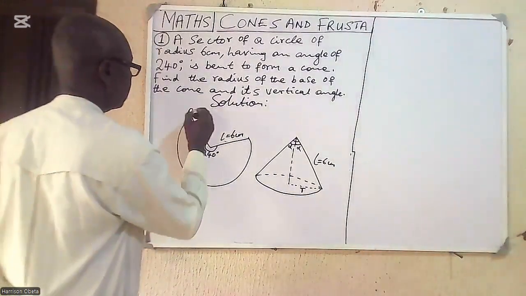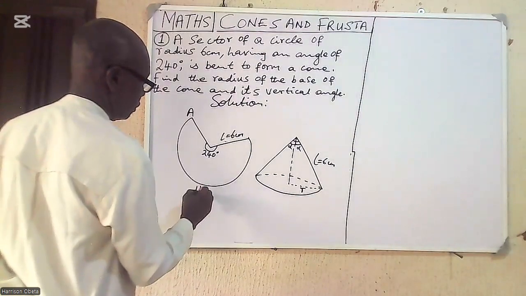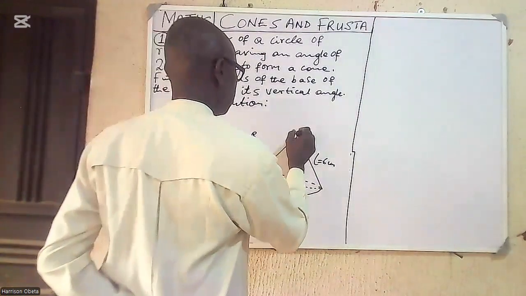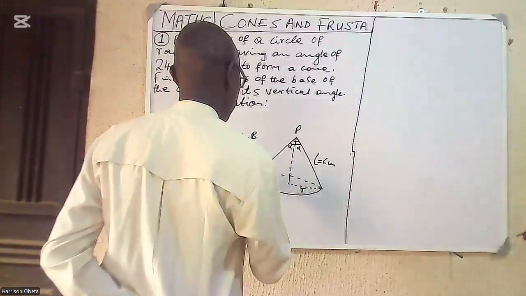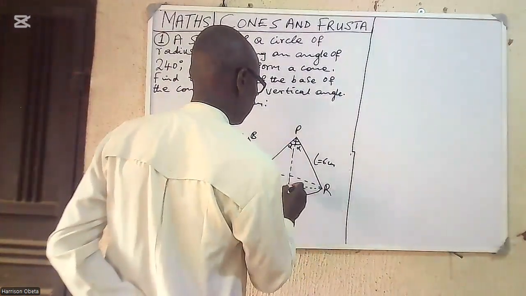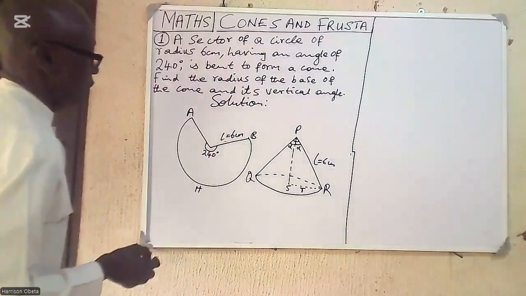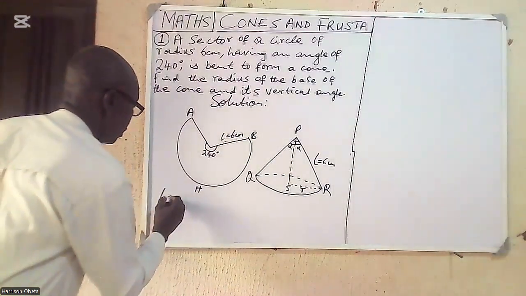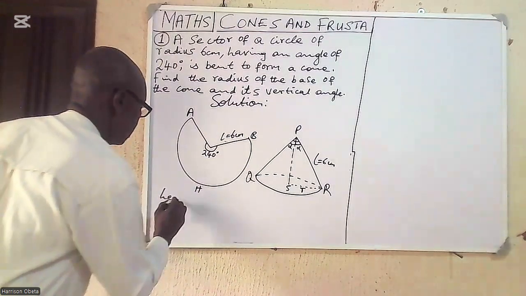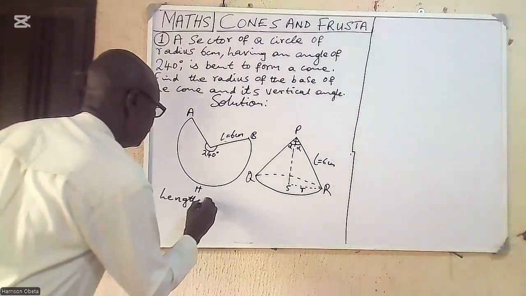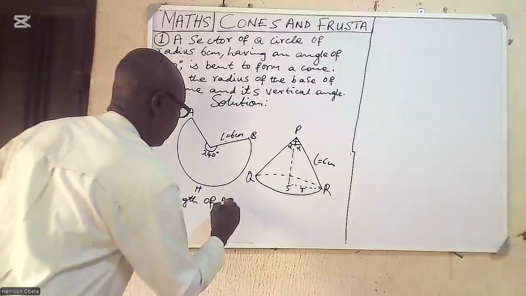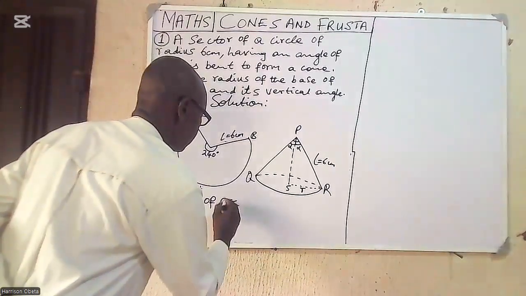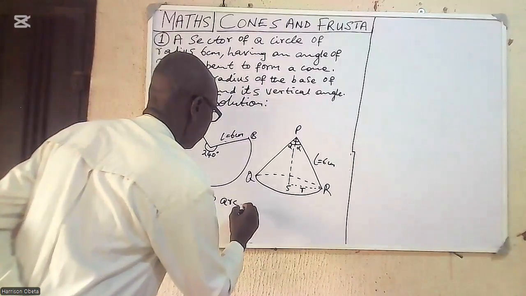Let us label it A H B, and this one we can take to be P, Q, R, S. So we are saying that length of arc AHB